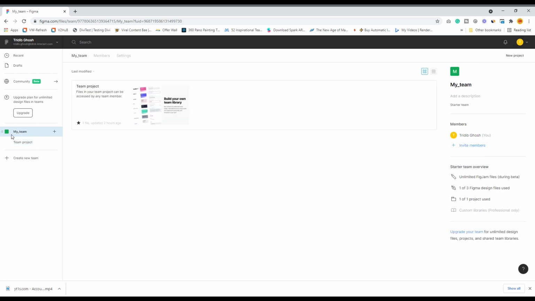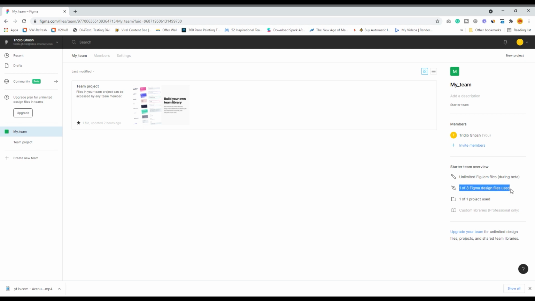So I have my team where I have given some people access to share this particular design. I can invite members from here and send them an invitation. They have clearly told that it is unlimited FigJam files you can share till they are in the beta phase.